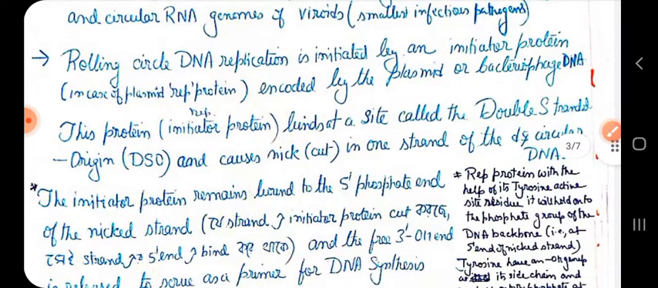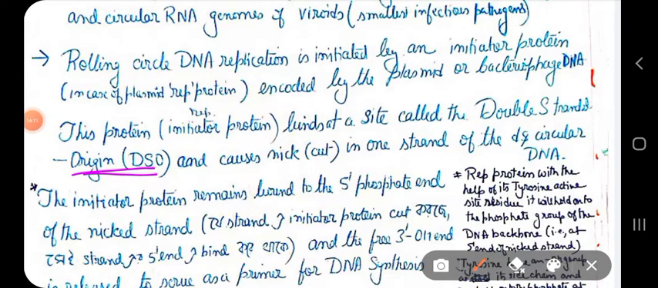This initiator protein binds to the site in the DNA called the double stranded origin, which is known as DSO. The REP protein, the initiator protein that initiates the rolling circle mode of replication, binds to the double stranded origin. Then, with the help of its tyrosine active site residue, this REP protein holds on to the phosphate group at the DNA backbone at the 5' end of the next strand,